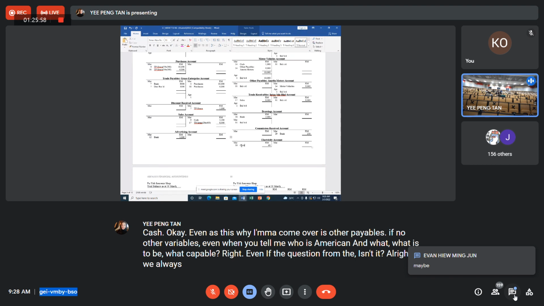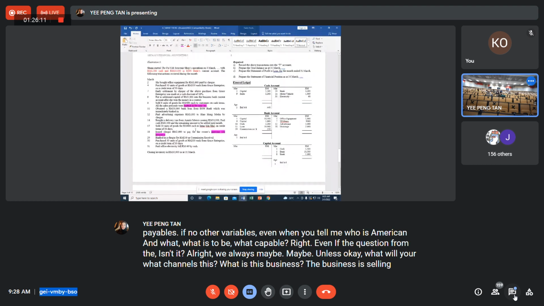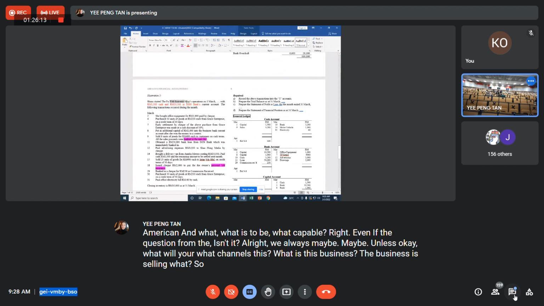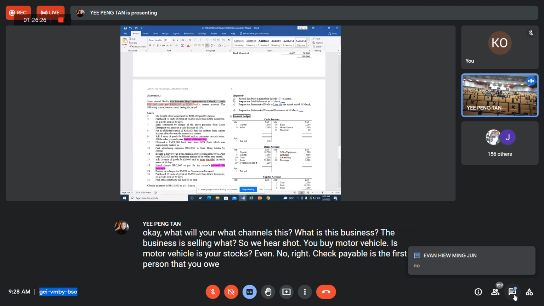Maybe we're owing other. Okay, what is this business? The business is selling what? Souvenir shop. You buy a motor vehicle. Is the motor vehicle your stock? No, right? Trade payable is the persons that you owe money, the supplier that supplies you the stocks,